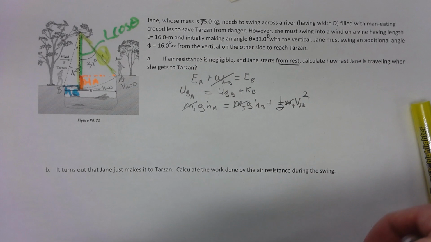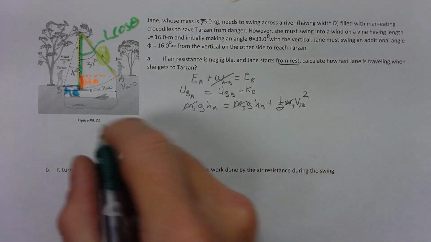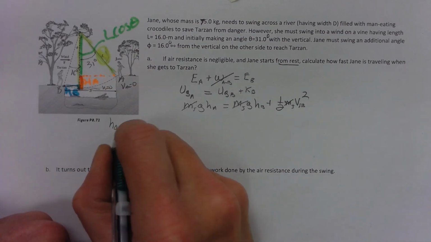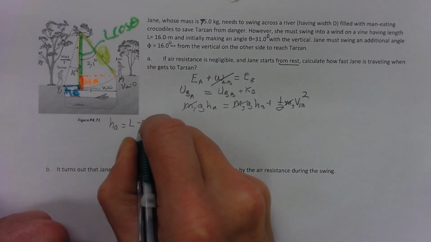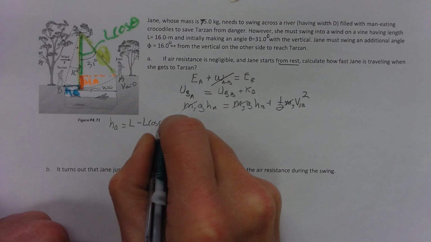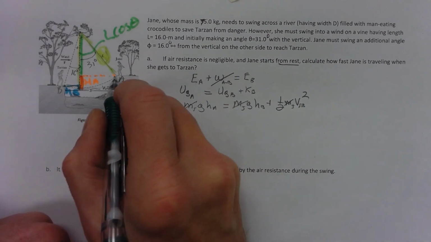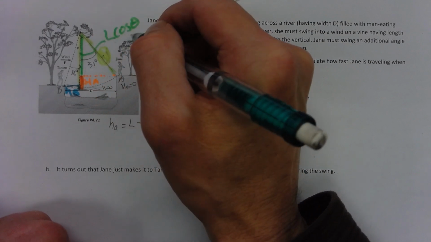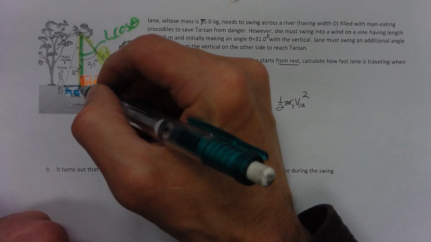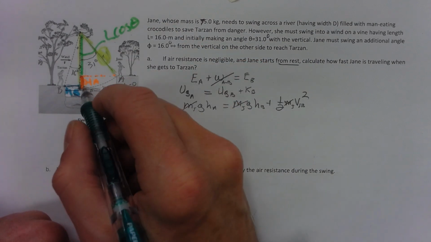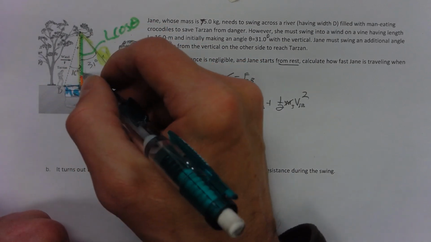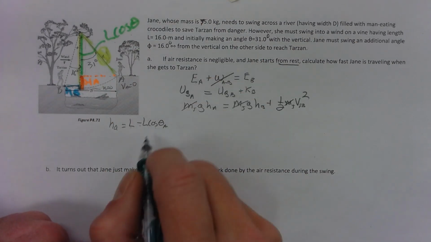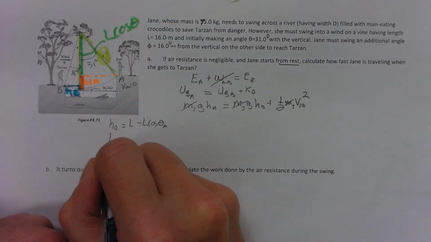So let's write that all down there. So H A, I got a capital H up there, is L minus L cosine theta at A, this theta. Because again, this green portion is the L cosine theta. This whole yellow is all of L. And I just want that orange, so I want the yellow minus the green. The whole length minus that, whole length minus that. That's H at A. And likewise, H at B,